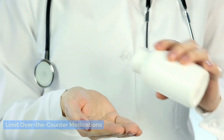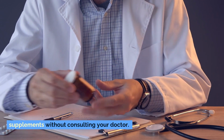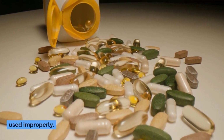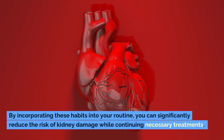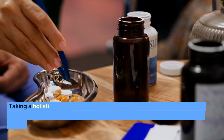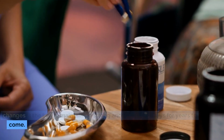Limit over-the-counter medications. Be cautious about using over-the-counter painkillers, antacids, or supplements without consulting your doctor. Even seemingly harmless products can contribute to kidney damage when used improperly. By incorporating these habits into your routine, you can significantly reduce the risk of kidney damage while continuing necessary treatments. Taking a holistic approach that combines medication safety with lifestyle changes is the key to maintaining strong and healthy kidneys